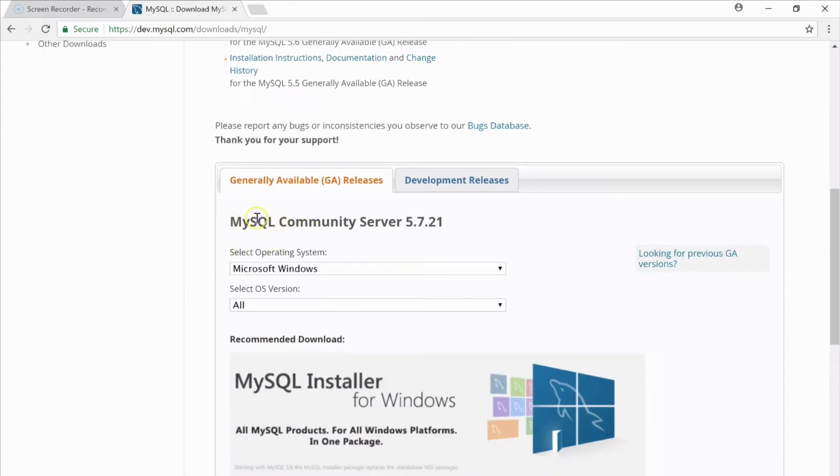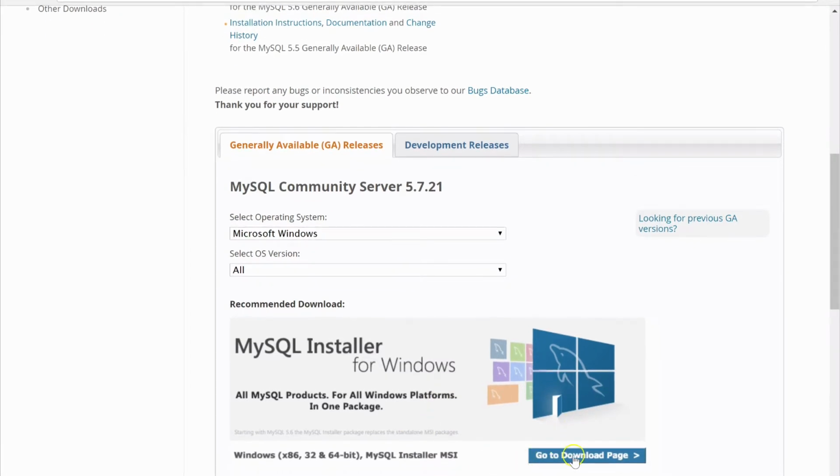And I want the version of MySQL Community Server. 5.7.21 is fine. As this course progresses and gets older, it's early 2018, I'm recording this, so I'm sure there are going to be additional releases. So consider 5.7 the minimal release that we want to install. So I'm going to follow here and go to the download page